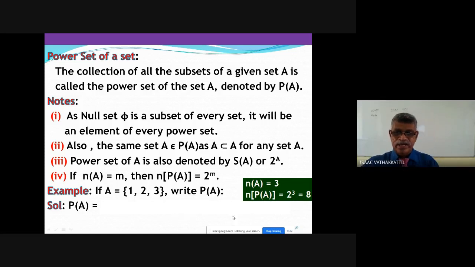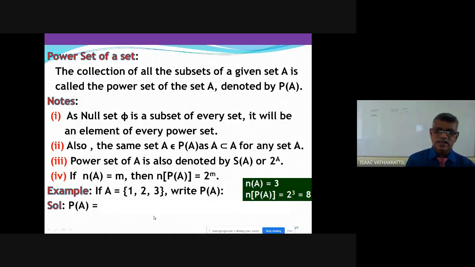I have to say why I need that number. To make no mistake, I must make sure that I am listing 8 elements. While listing the power set, I take this procedure to avoid confusion. I write first the null set, then the sets with single elements, then all sets with 2 elements, then 3 elements, and so on. Simply don't write this randomly, otherwise there will be a lot of confusion. Sometimes you may miss out one set and you may not be able to trace what it is.